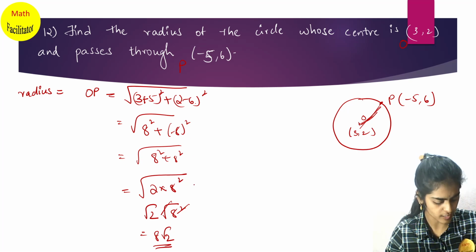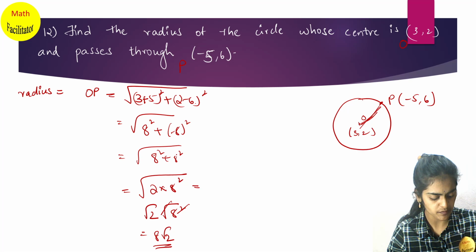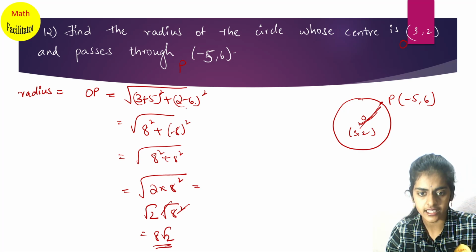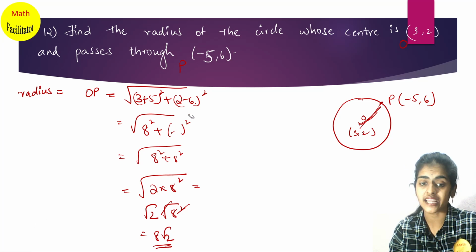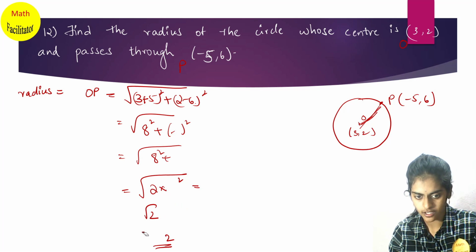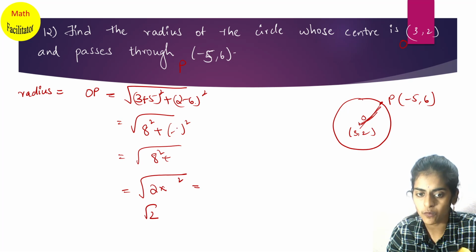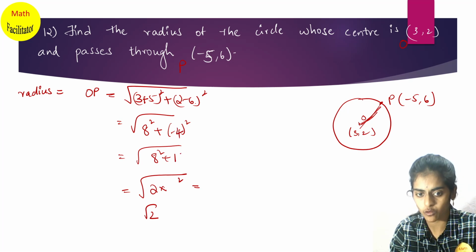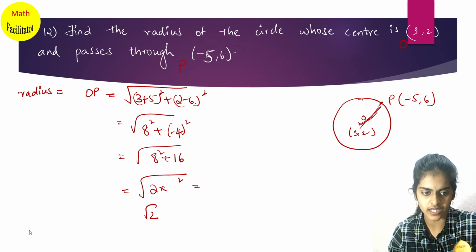Now see, you have 8 square plus 8 square. Here this one thing you just check. 2 minus 6 is 4. 2 minus 6 is 4. Here we made a mistake. 2 minus 6 is 4. So let me write this. Yes, 2 minus 6 is 4. So 4 square. 4 square gives you 16, isn't it? So this I should write in this way.